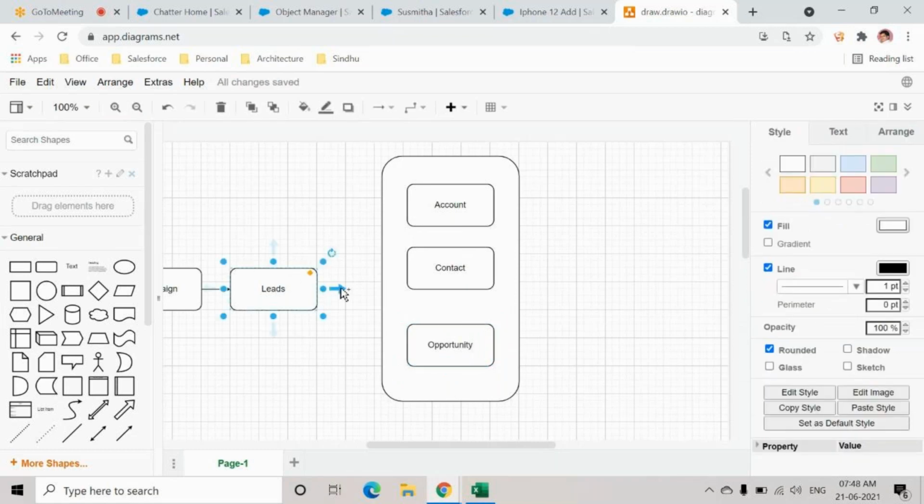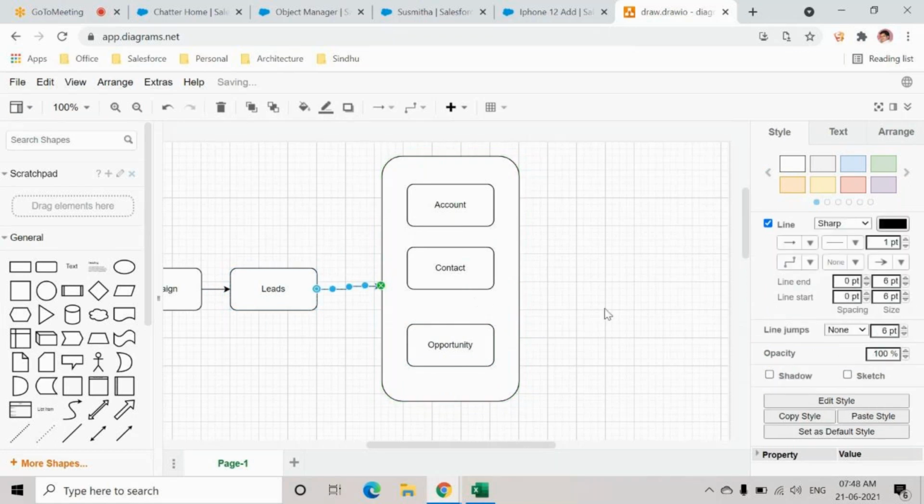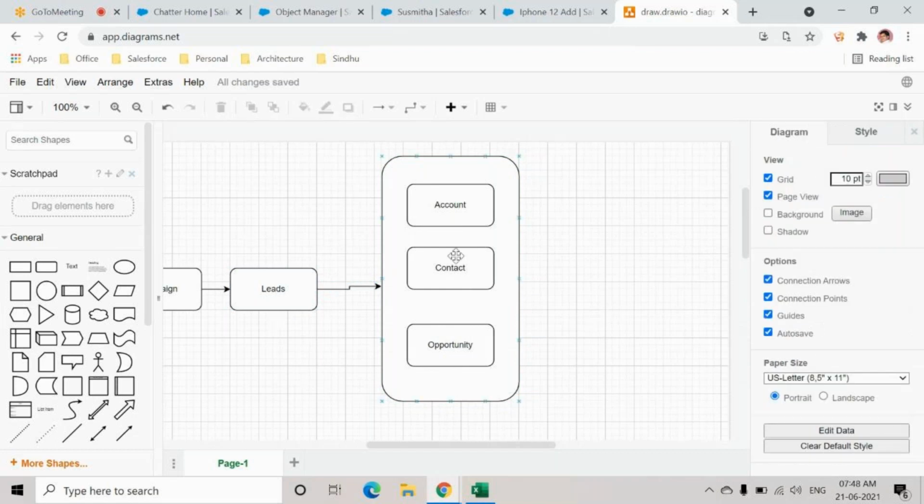When a lead says, okay, I want to become your customer, we go through this process, and it splits the entire lead record into three different records, and the lead record is removed from the system. But it is available as history in your reports if you want to convert. Now, when you are splitting, you need to know what information you are capturing, right? So for that, we'll go to this.